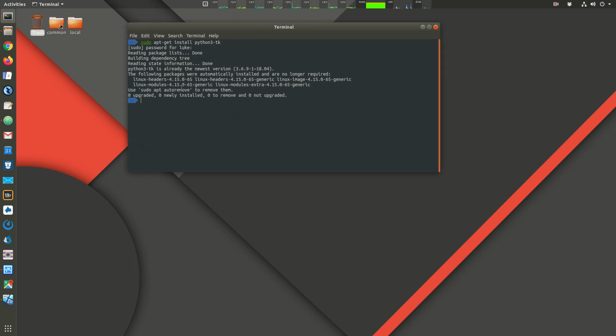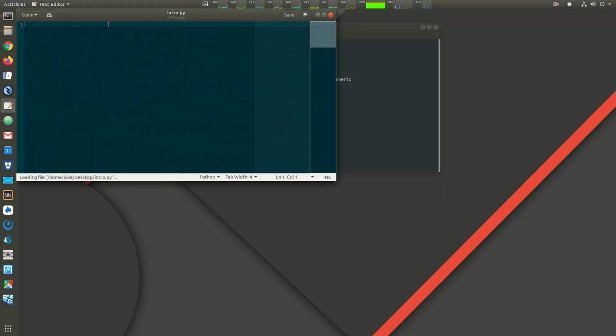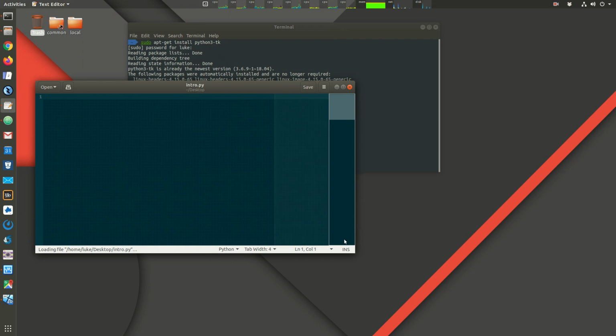Alright, so here in Ubuntu, I have a command line open. I'm going to navigate to my desktop, and I'm going to open the default text editor in Ubuntu. It's called GEdit, and I'm going to create a file called intro.py. So this opens the default text editor,